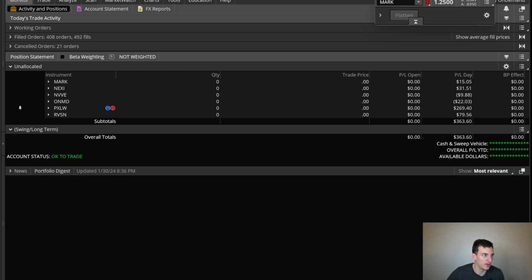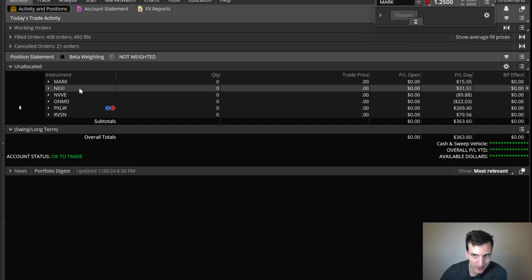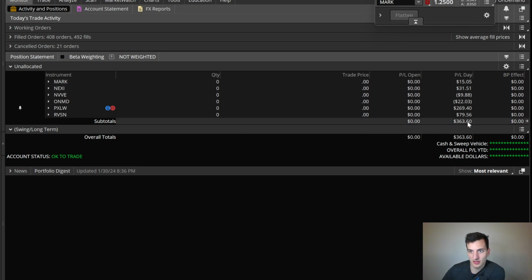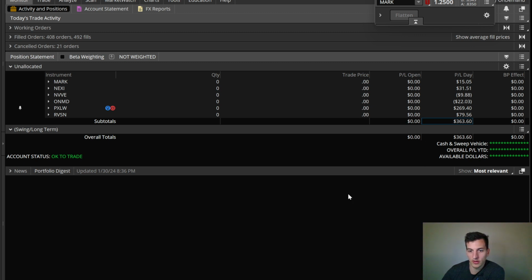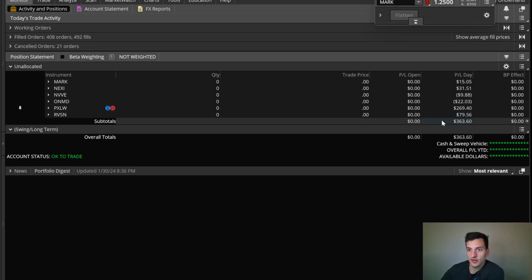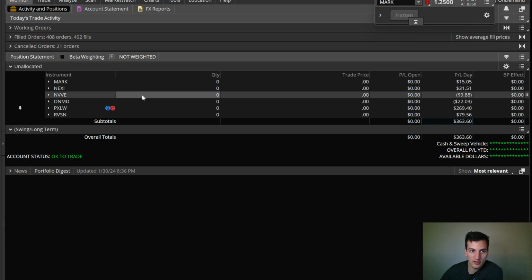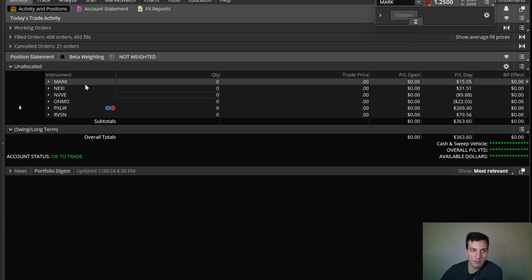There's a couple trades I do want to go through, but for today, we traded quite a bit of stocks, finishing up 363. So, small green day, decent, solid green day. Didn't cross over that 1K today, like yesterday, but I'll totally take something like this any day of the week. 363. So far, the week is turning out to be pretty decent, with some decent momentum on MARK,